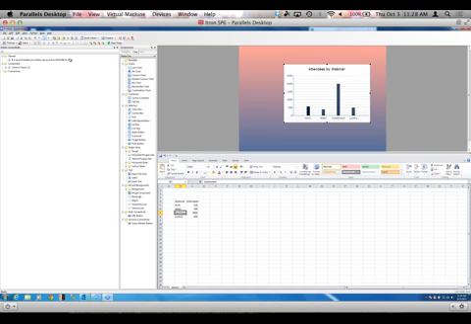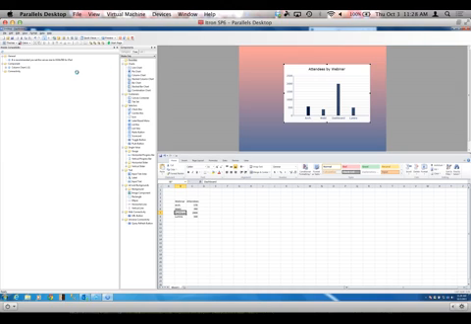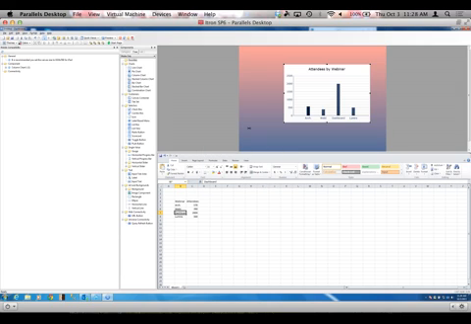Of course, we're not actually going to be inserting anything, but let's save this to a platform, and we're going to save it for both desktop and mobile. Let's connect to the BusinessObjects platform.